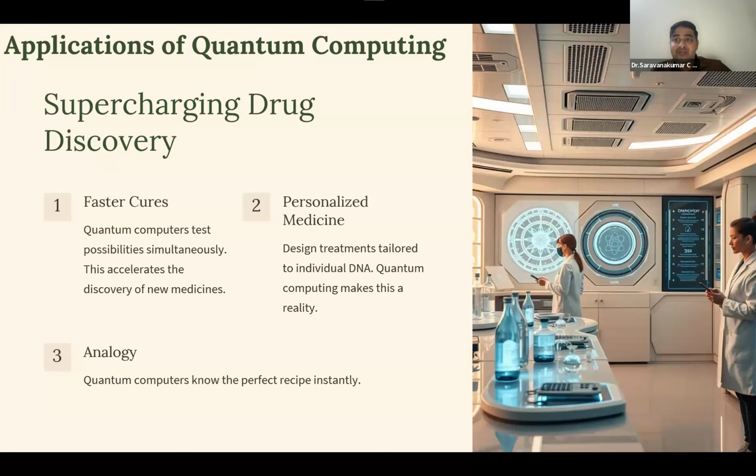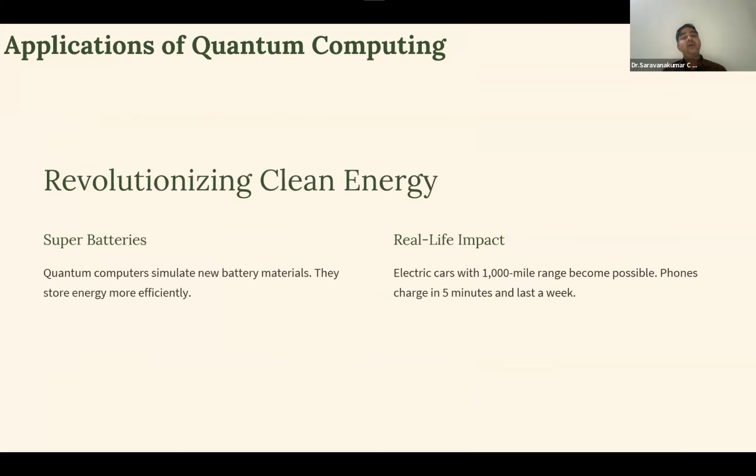So drug discovery, on hearing outside, we know that okay, we are discovering medicines for COVID and everything. But personalized medicine is fascinating. Beautiful research is ongoing, those are the applications. And one thing on clean energy, super batteries. You imagine, especially in the simulation world, they are trying to develop the super battery. One small story is,